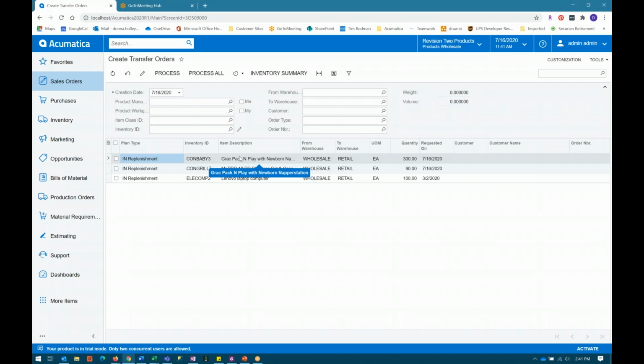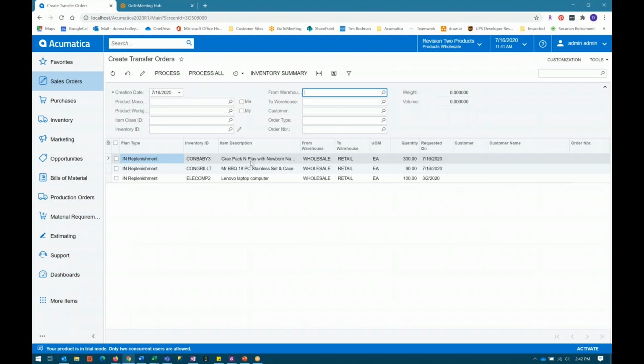So these just indicate that the orders we're creating for these particular items originated from that replenishment process. Again, you've got filters. So if you have a long list, you can filter the from warehouse, the to warehouse, to narrow down